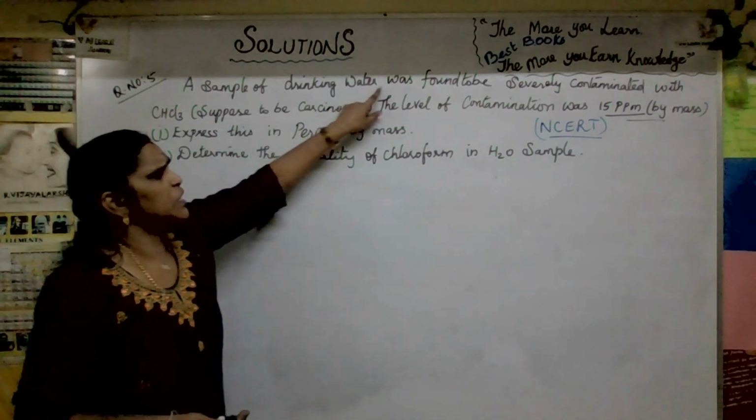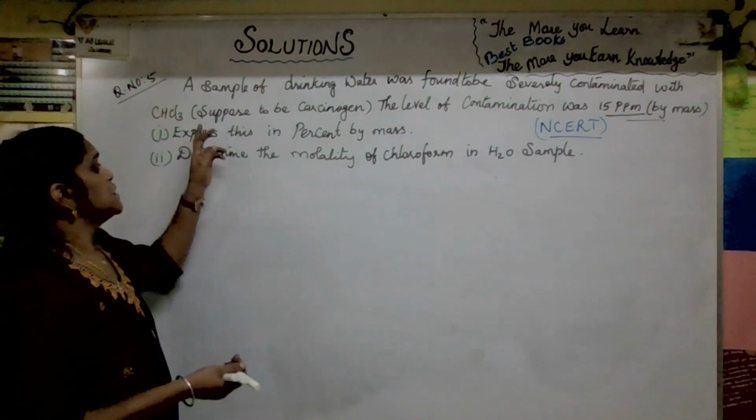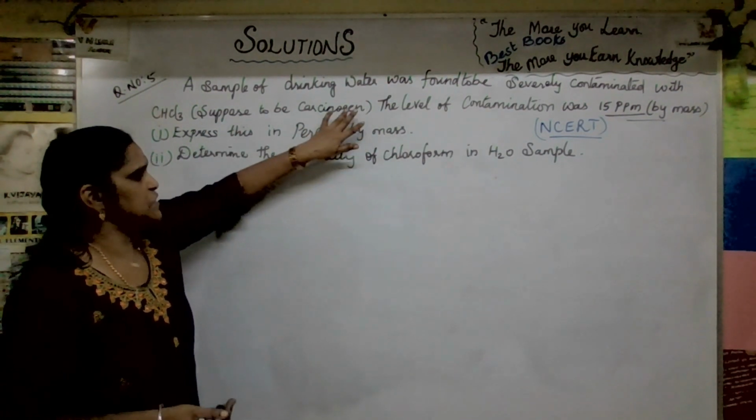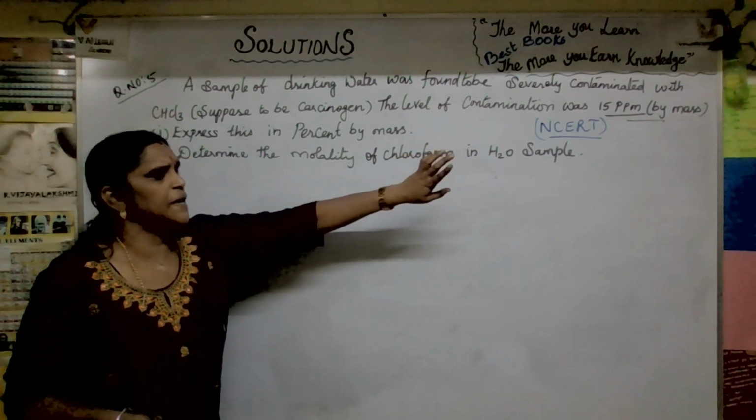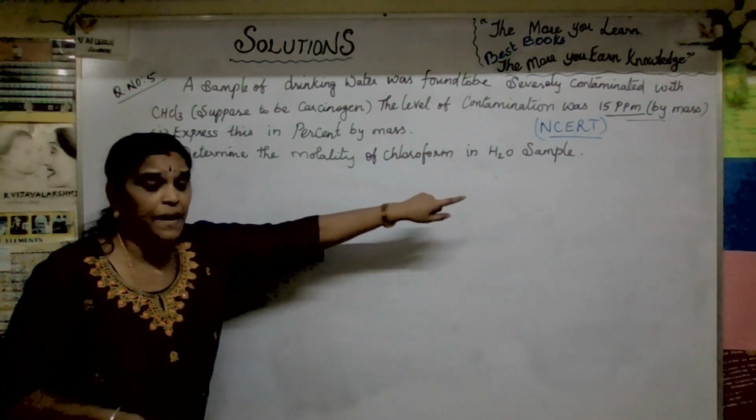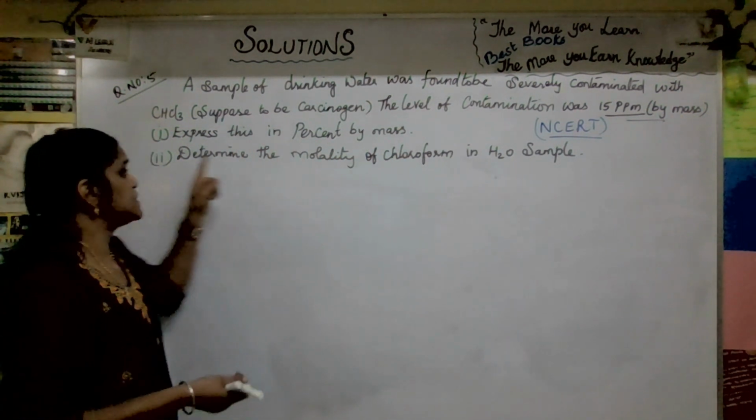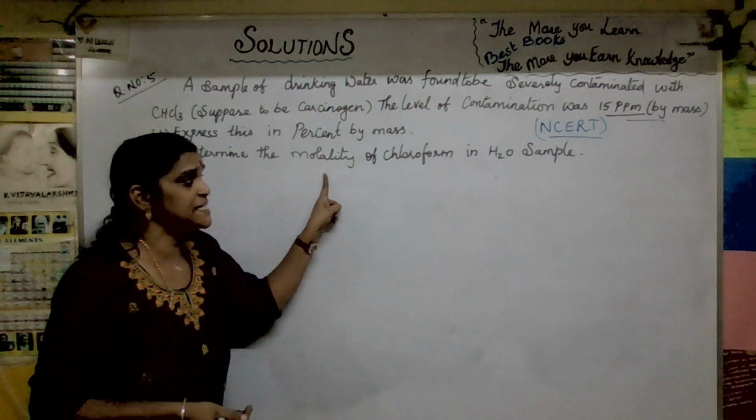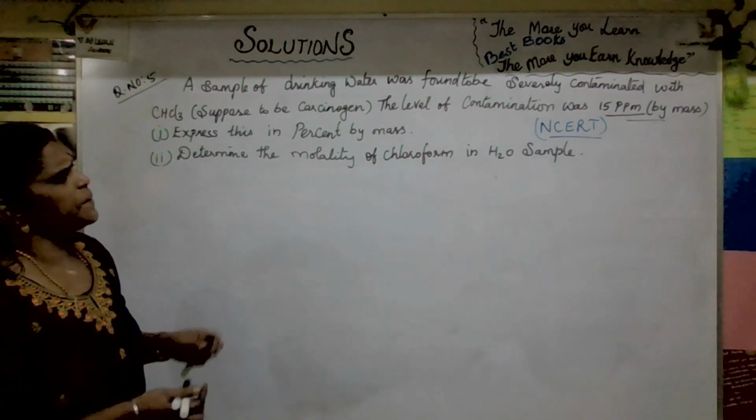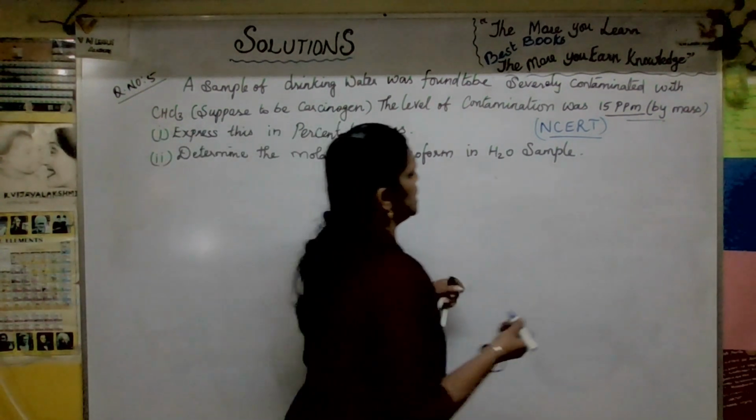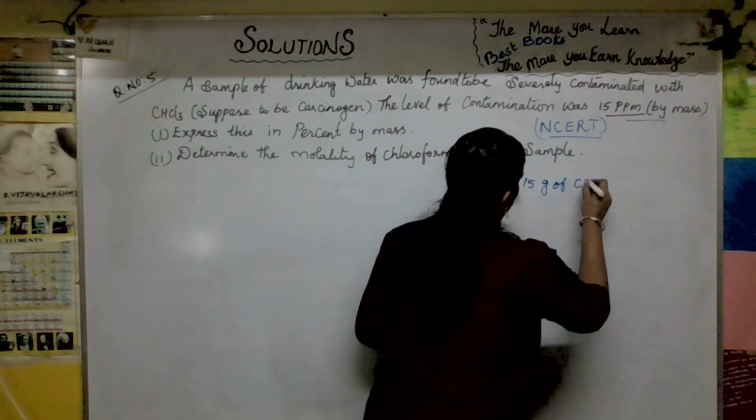Sample of drinking water was found to be severely contaminated with chloroform. Suppose this has to be a carcinogen. The level of contamination was 15 ppm, that is parts per million by mass. Now, first one, express this in percent by mass. The second point, determine the molality of chloroform in water sample. Okay, 15 ppm by mass means what they are mentioning, 15 gram of chloroform